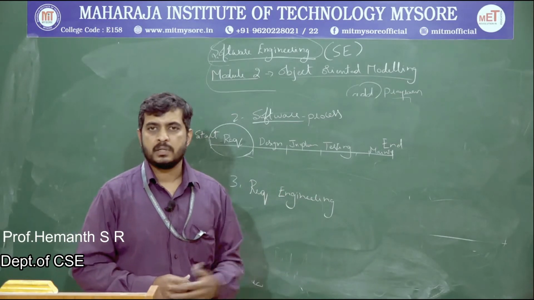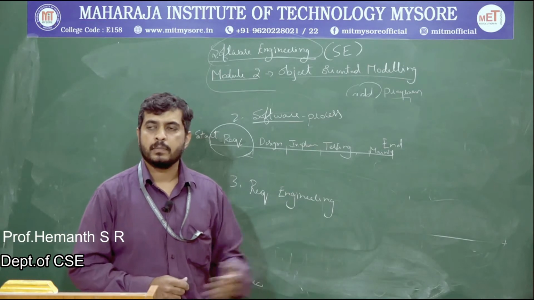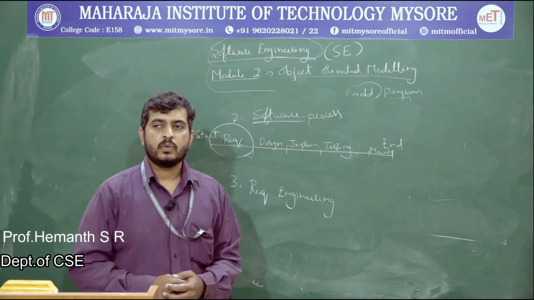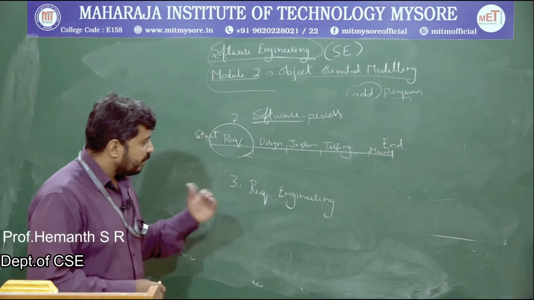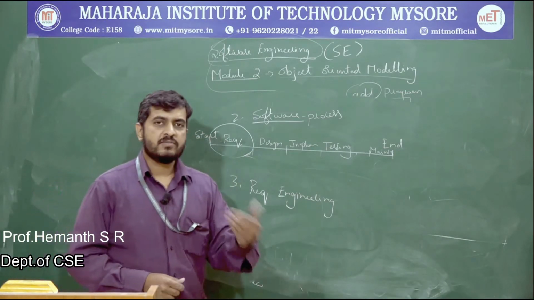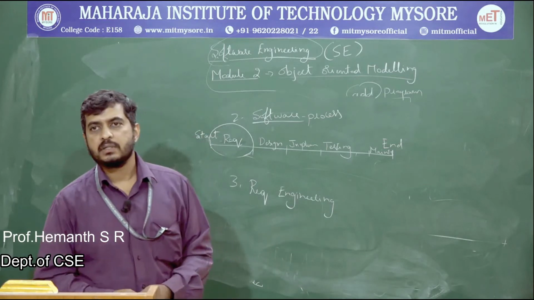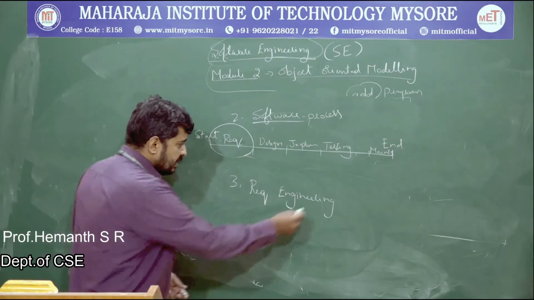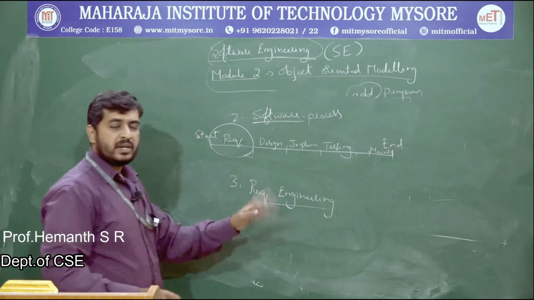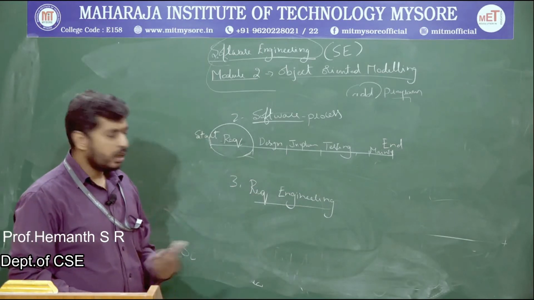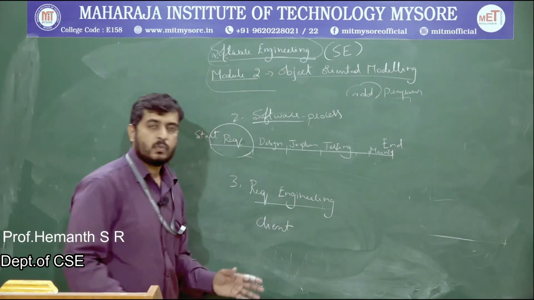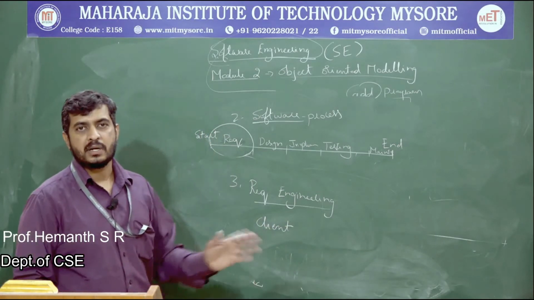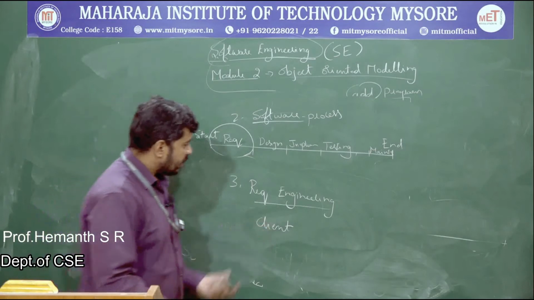In my example, it is a library person who is involved with various activities related to the library. They will try to understand what features and functions they want in the software. That is done using what is called requirement engineering. What the client wants, what features, what functions the client wants in their software, that is collected,